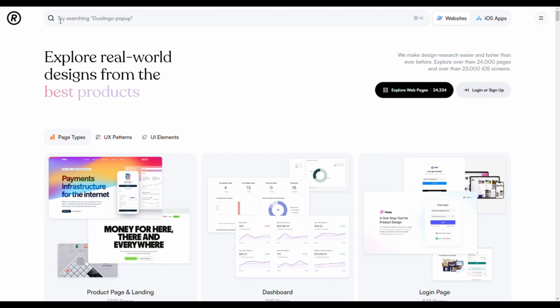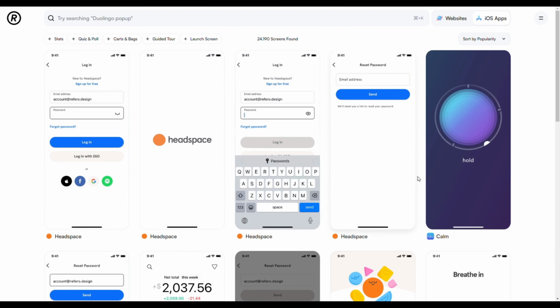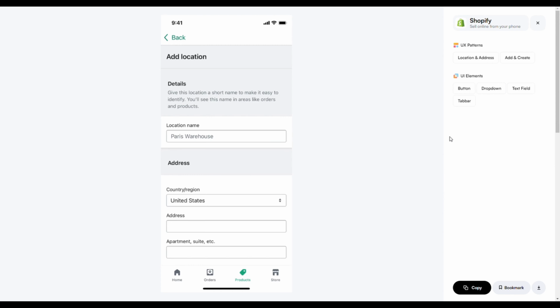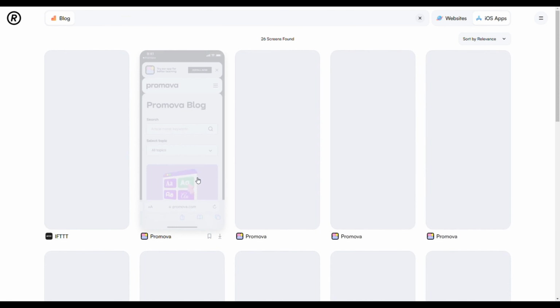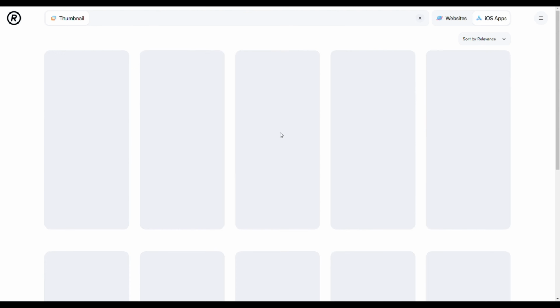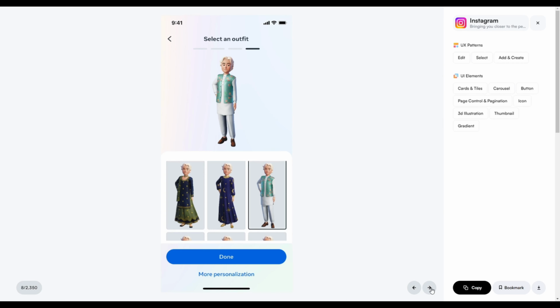It is a website with the best examples of product design, the biggest collection of design references from real-life products. This tool helps product designers easily find references from the best websites and applications. With a massive design library and carefully tagged elements, it's the easiest way to find any design pattern or UI